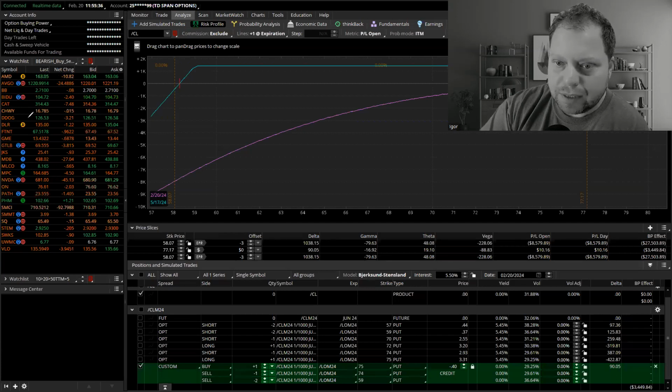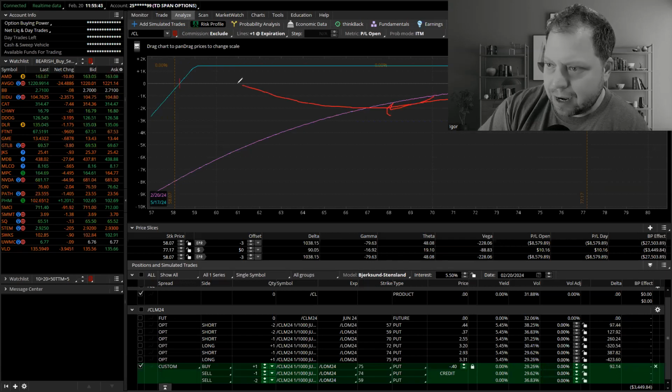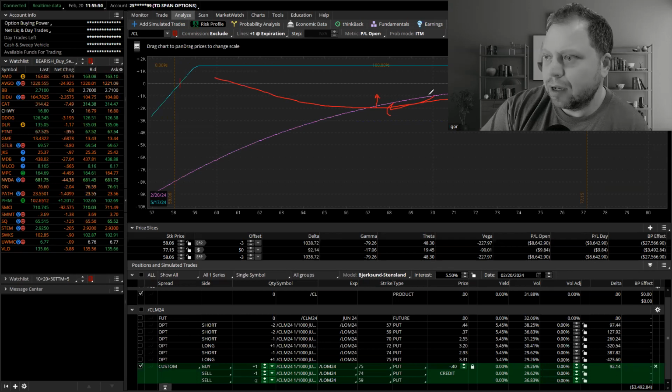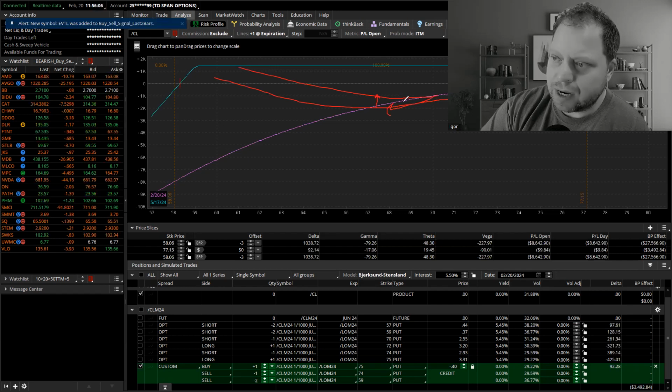If I take my T plus zero line from sloping downwards and I flatten it out, something like this, right? Hopefully it's not going to be as saggy, but if I get my T plus zero line to slope upwards once we pass maybe 70, so from here, something like this, then me getting stopped out could happen over time, but